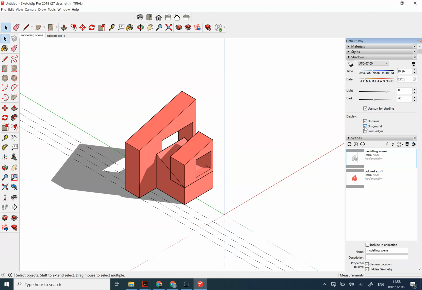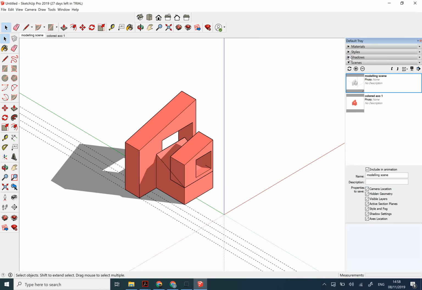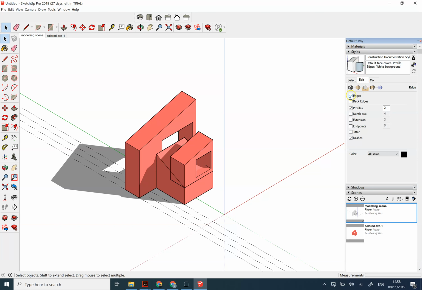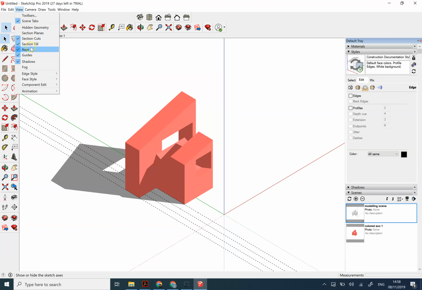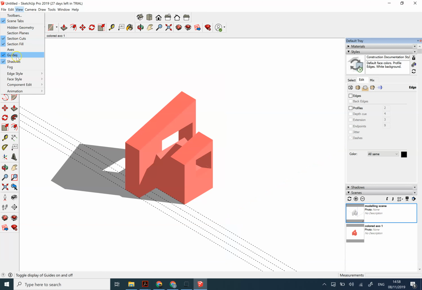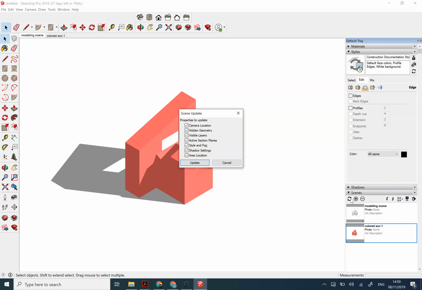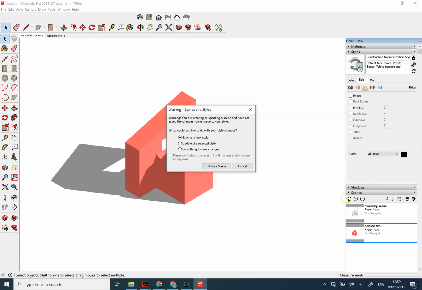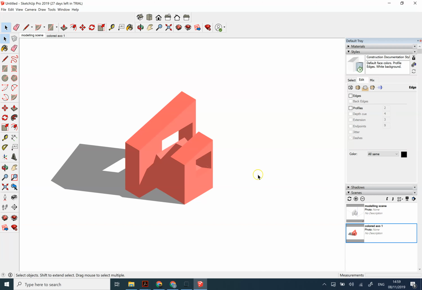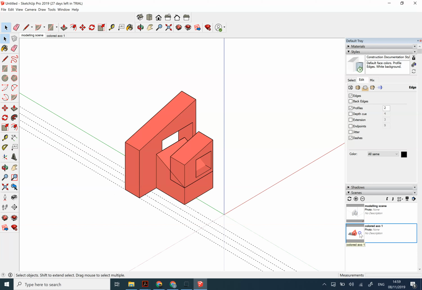Now the edges have come back on. It's probably because I turned the shadows on. Go back in here, turn off the edges and the profiles. Turn off the axes and the guides. And let's update the scene. So just click once the scene and update it, which is this little recycle button. It's going to ask me these things, just say yes, yes, update scene. So now I've got those two scenes, the modeling scene